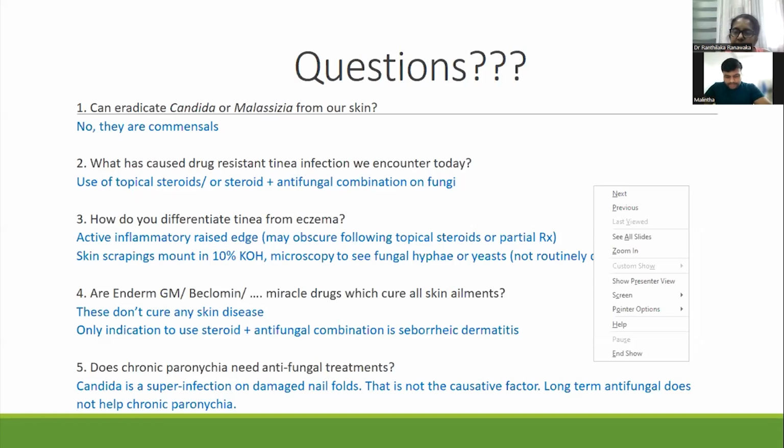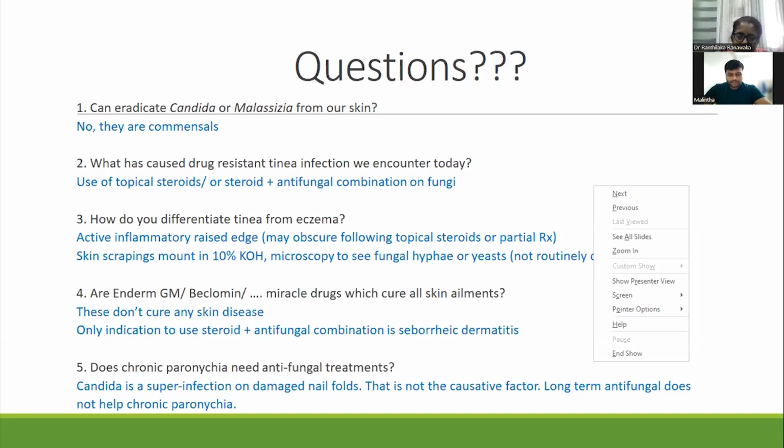Yes, madam. And then there's another question, madam: how can we use fluconazole in candida infection? That I answered. Fluconazole is 150 milligram weekly. That is, you can use it. But I don't think it is helpful. Fluconazole we use in immune compromised patients, right? Like in cancer patients on cytotoxic drugs, if they get oral candidiasis, right?